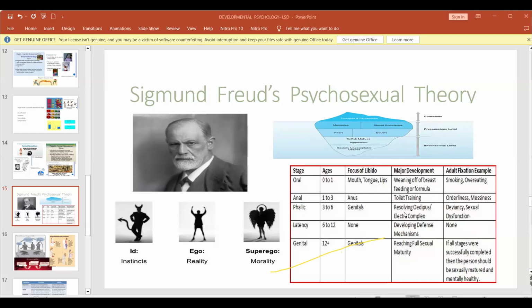If it leads to a conflict stored in the unconscious mind, as an adult you can see deviations and dysfunction, sexual dysfunction. Some find it very difficult to make intimate relationships with the opposite sex because of the conflict stored in the unconscious mind due to what happened during the third stage from 3 to 6 years. They still can't get attracted to the opposite sex.